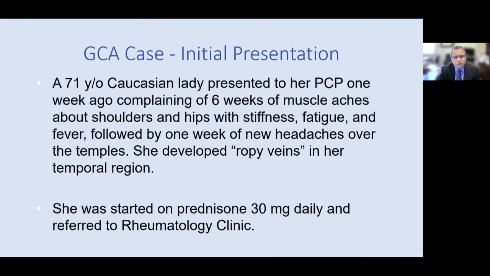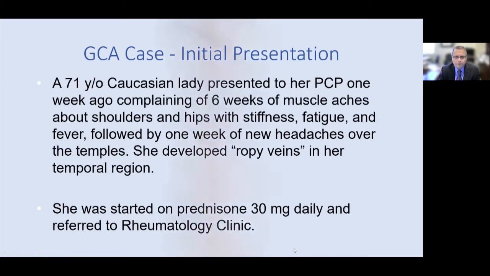care physician because over 6 weeks ago, she had developed muscle aches around the shoulders and hips, really bad pain with stiffness, fatigue, even fevers. We usually call this myalgia. You may hear that term along with stiffness and fatigue. And then subsequently, she developed headaches over her temples, and this was new for her. She generally didn't have this kind of headache. She also noticed that over the temples there were what she described as ropey veins, kind of enlarged vessels. So the primary care physician was concerned and started her on prednisone 30 milligrams daily and referred her